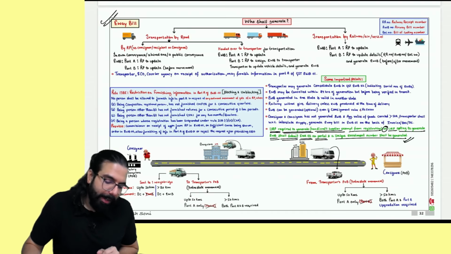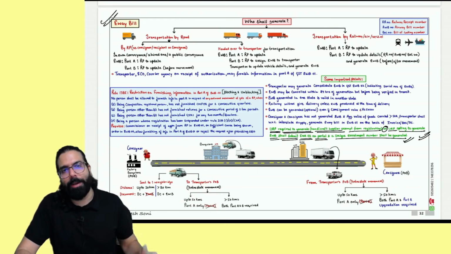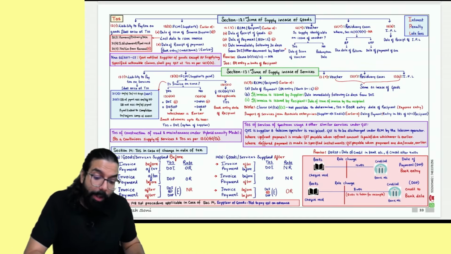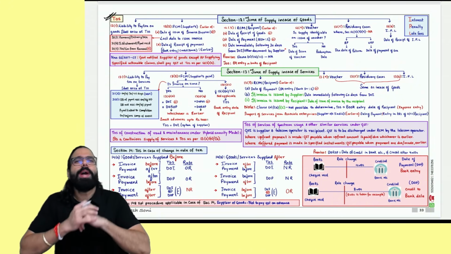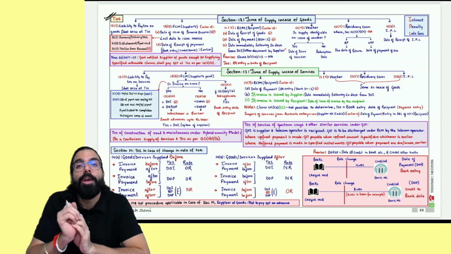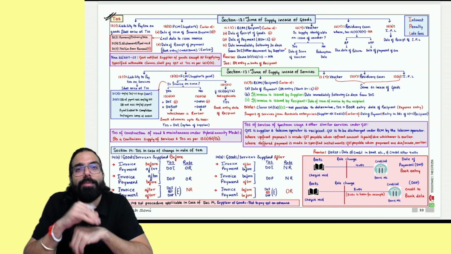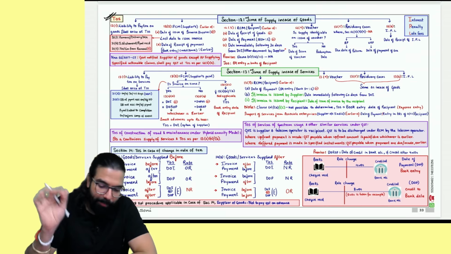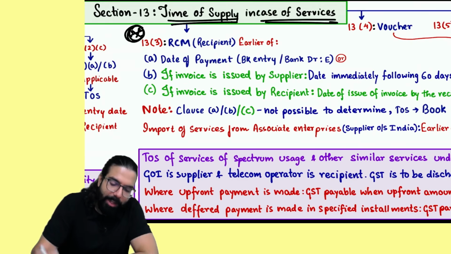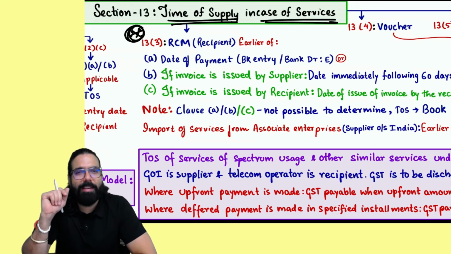Time of supply chapter. Now we'll go to the time of supply chapter. People, are we all clear till here? Yes, sir. Okay. In the time of supply chapter, section number 12 talks about time of supply in case of goods. There are no changes. Section number 13 talks about time of supply in case of services. Everyone listen to me very carefully, very, very important from exam point of view. Time of supply in case of services. One small point has come, which it is telling.